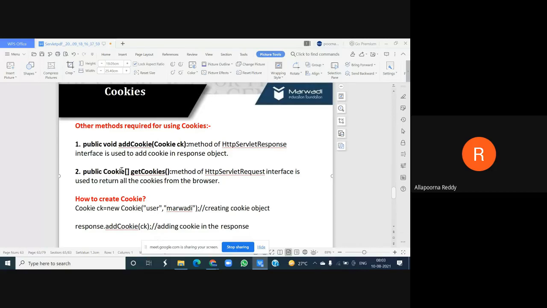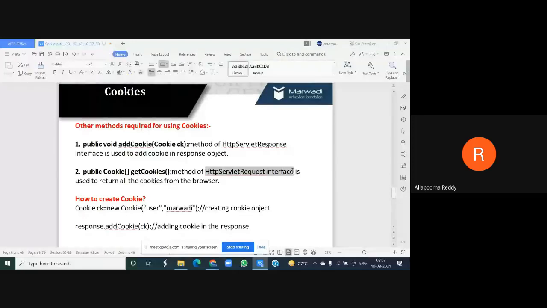If you want to get all the cookies information, then I need to use this method, and this method takes the help of which object? Request. Why? Because I'm making a request to get back the things. It is a method of the HttpServletRequest interface, used to return all the cookies from your browser.